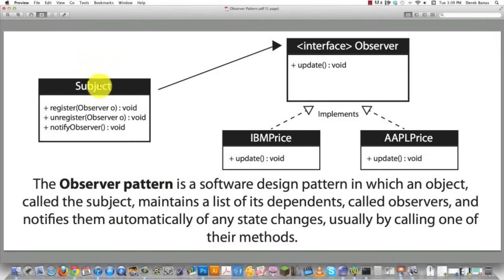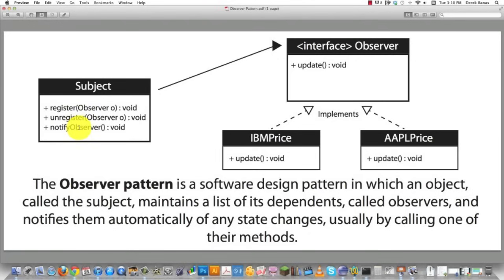And this is exactly what the observer pattern looks like using a UML diagram. Over here you have the subject, and it is going to have these 3 methods defined, being register a new observer. Here's an observer over here. So it's going to have the capability to register new observers, and in this situation we're going to save all the observers in an array list. Also unregister, which means they'll no longer receive messages from subject,